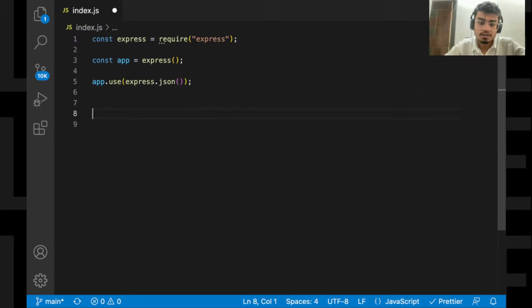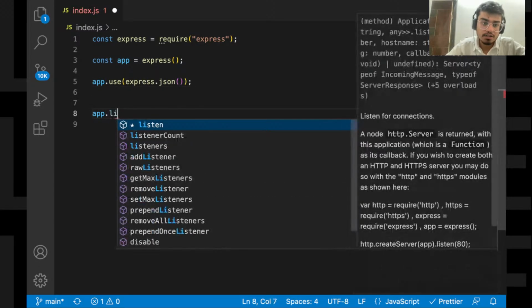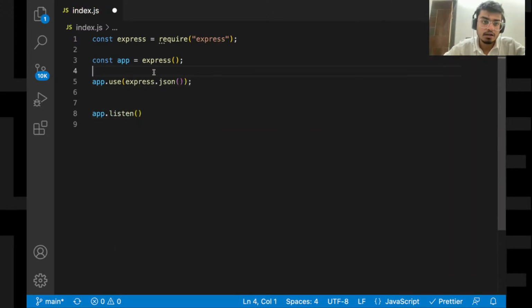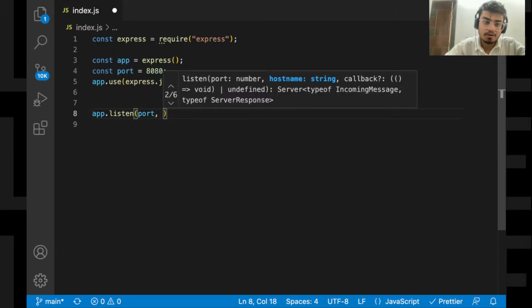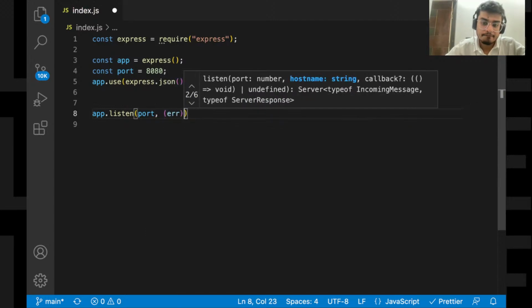Okay. So these three things we have done. Then app dot listen. So simply let's define a port is equal to 8080. Okay. App dot listen port and error.